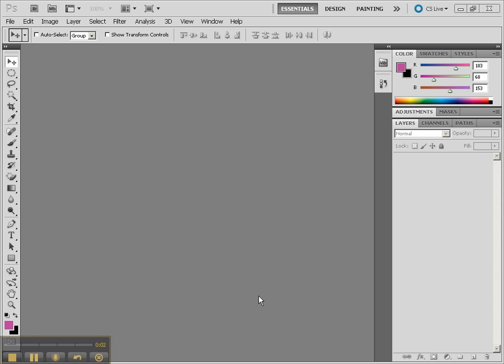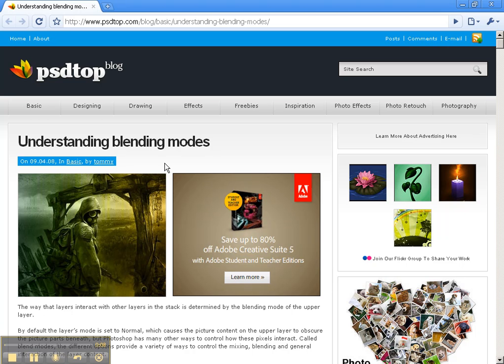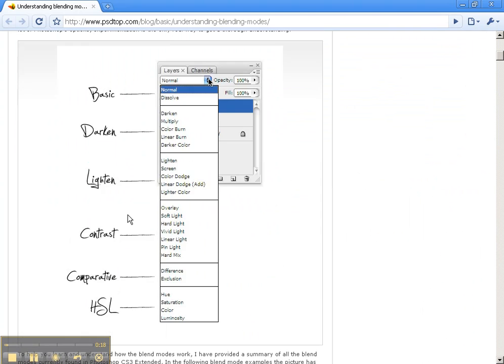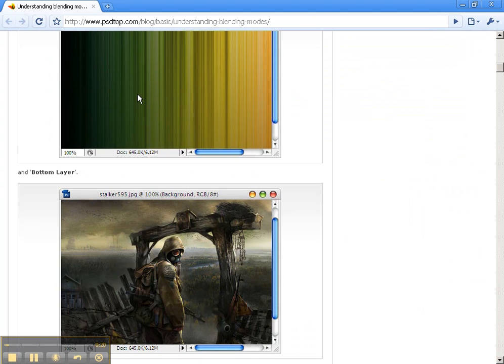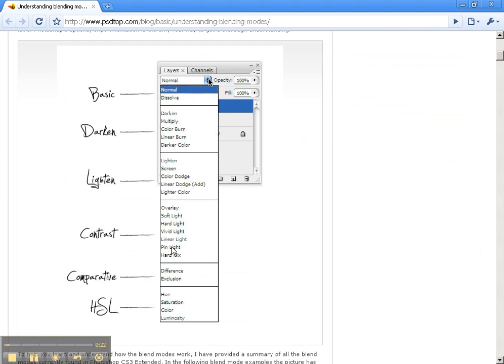In the following tutorials, we're going to take a look at blending modes in Photoshop. This is probably one of the most important things that you can learn about Photoshop, and so it's good to read about it. I found a nice blog, PSD Top blog, that has a great article on understanding the blending modes. They have their two starting images, which are this one and that one, and you calculate them together by